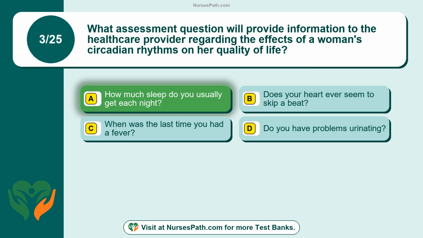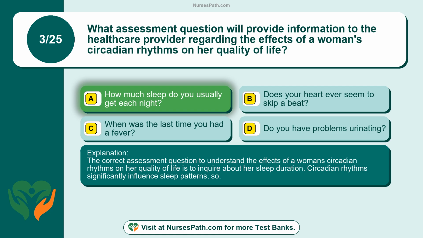The correct answer is option A. How much sleep do you usually get each night? The correct assessment question to understand the effects of a woman's circadian rhythms on her quality of life is to inquire about her sleep duration. Circadian rhythms significantly influence sleep patterns, so